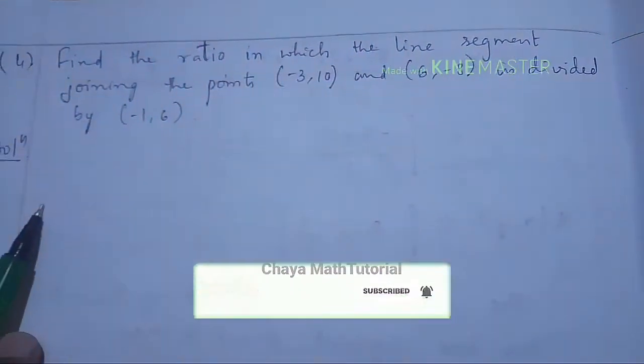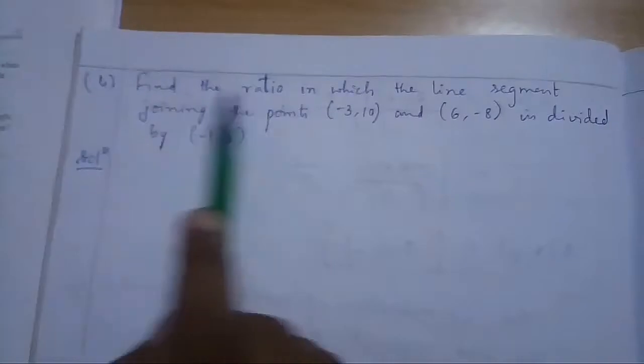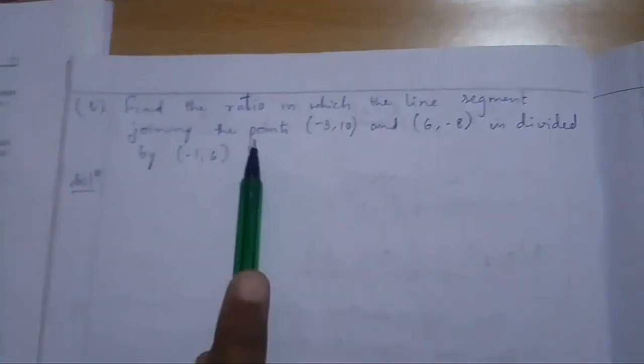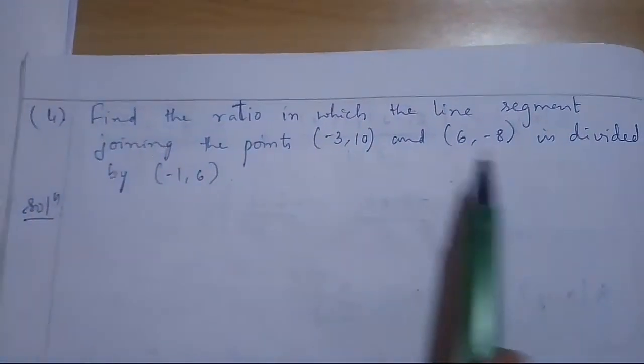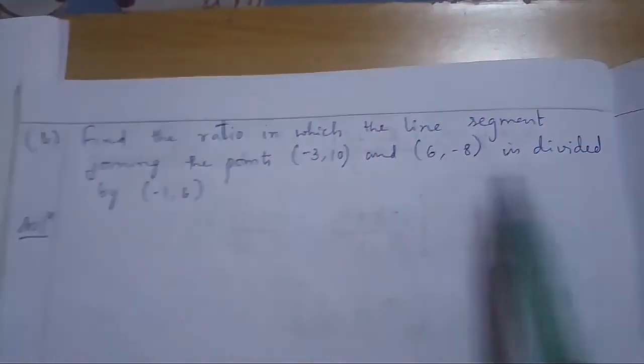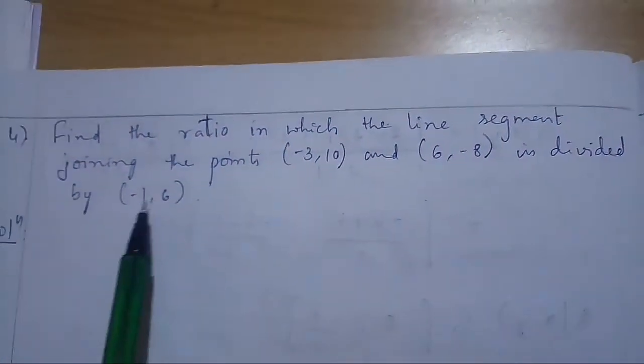Now let's solve the problem. Fourth problem. It says: find the ratio in which the line segment joining the points (-3, 10) and (6, -8) is divided by (-1, 6). Okay, solution. What are the given